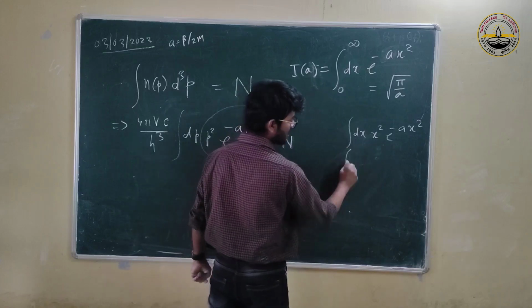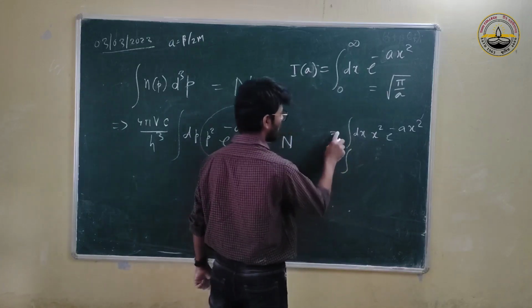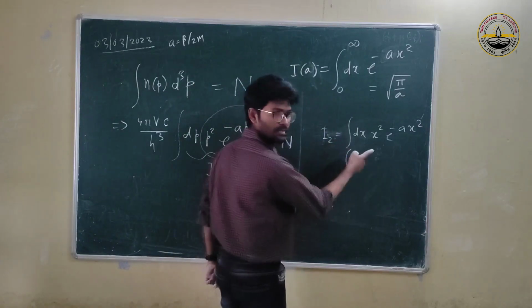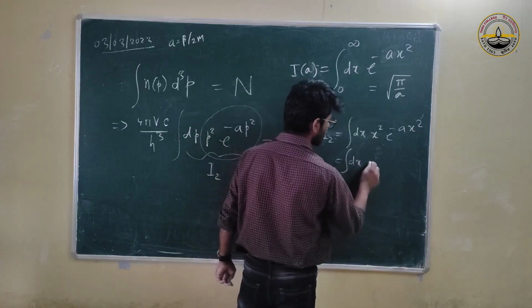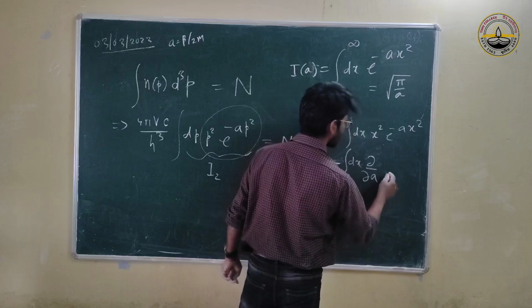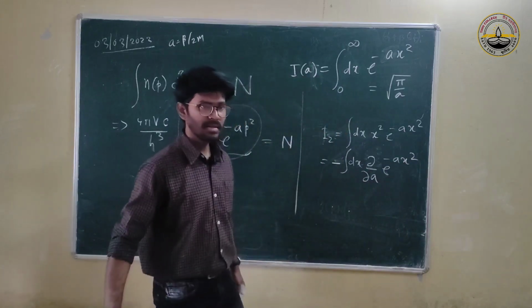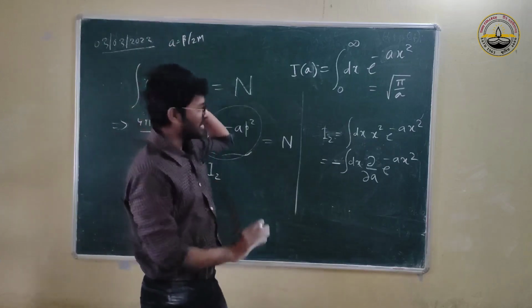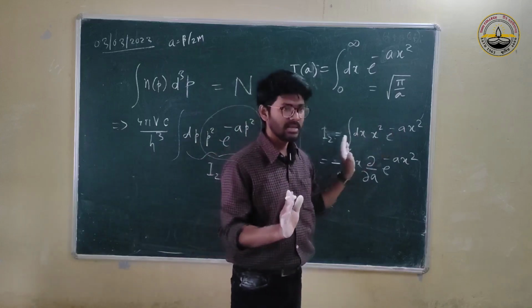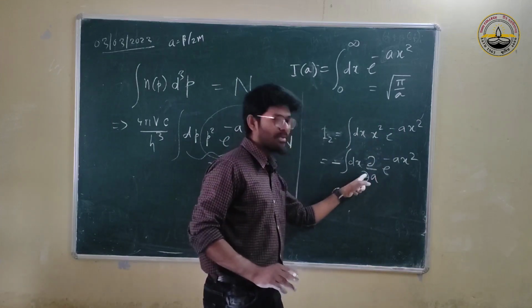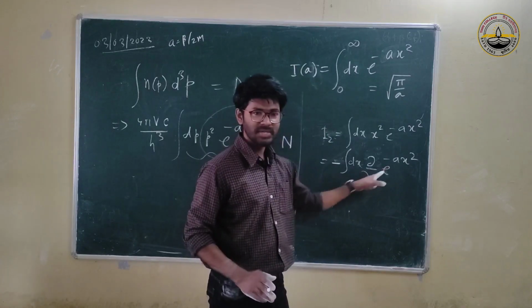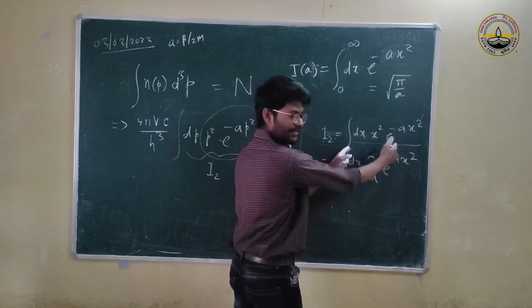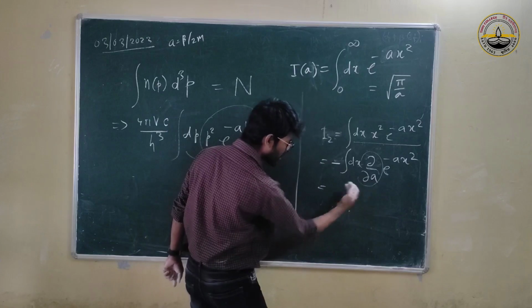You can write this as, so let's call this some other integral, right? The one we want. So this is that integral. Let's call that I2. So I2 is this. We can write it as dx minus del A of e to the minus a x square. Of course, A is constant, we know. But for now, we forget that it's a constant. Let's just use the value A, and A is not dependent on x. So we can take del A, so here x square, minus x square will come down, right? If you did this differentiation. And then what will happen? We'll get this thing. There is a minus. So we'll get that. So this means this. But then A does not depend on x, so we can pull it outside the integral,